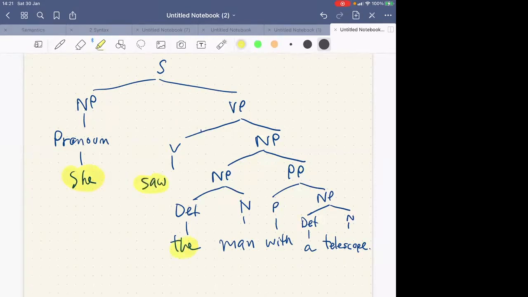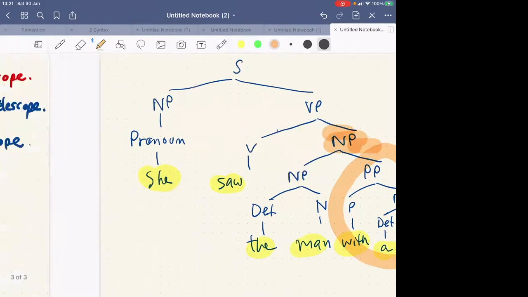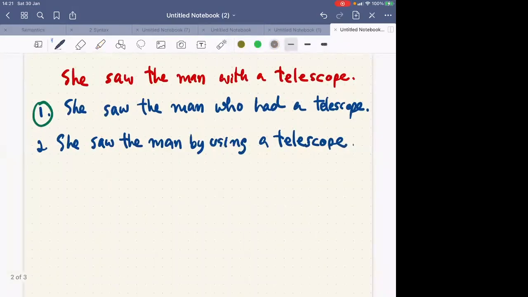She saw the man with a telescope, which means that she saw the man who had a telescope. What we can see here is that the prepositional phrase here, the man with a telescope, is part of the NP. All right. Now I'm going to get back to our second meaning, which is she saw the man by